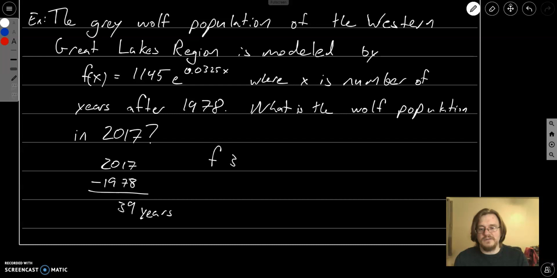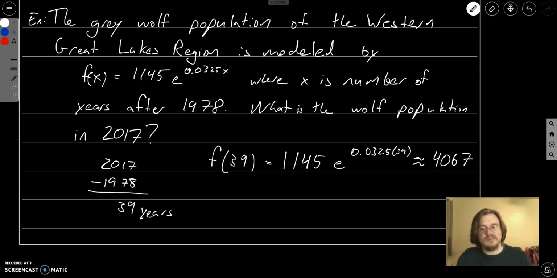So f of 39 is going to be 1,145 times e to the 0.0325 times 39. And this is, rounding to the nearest whole wolf, going to be 4.67. One thing I'll caution you on, be careful when putting this into calculators, because you'll probably want to put this in parentheses up here. The parentheses will help